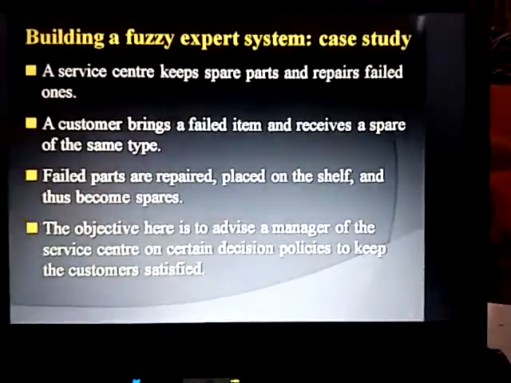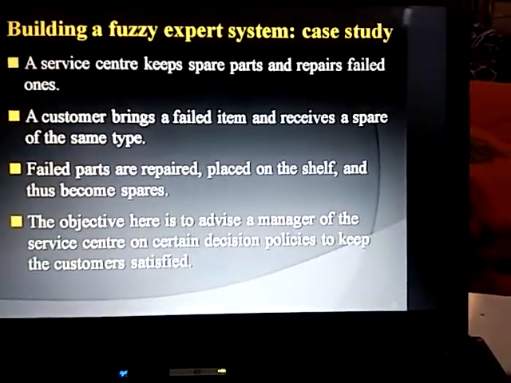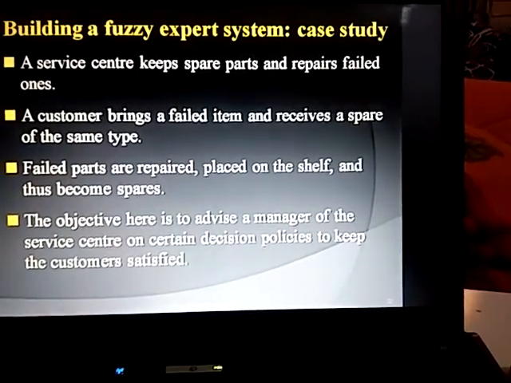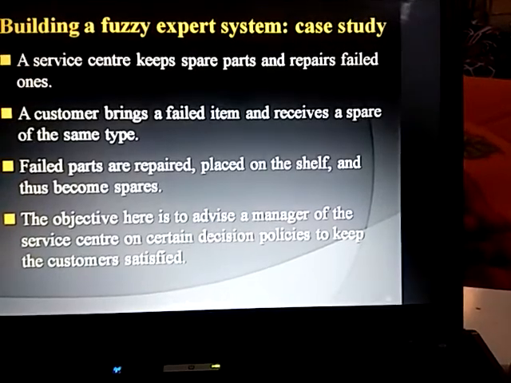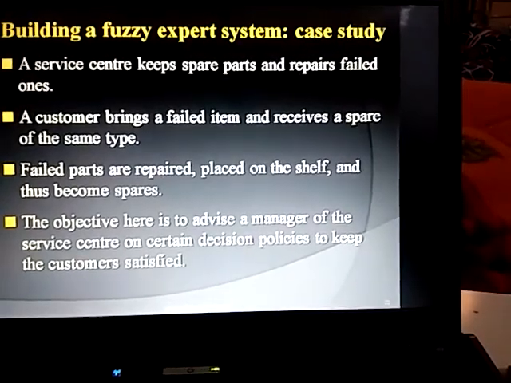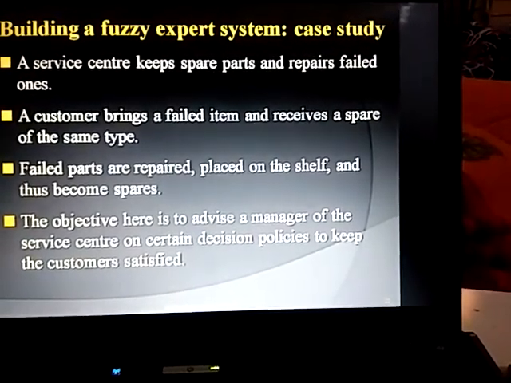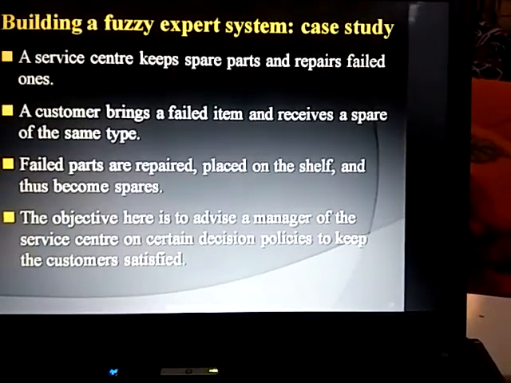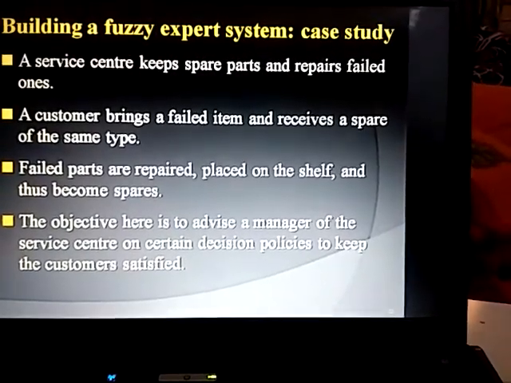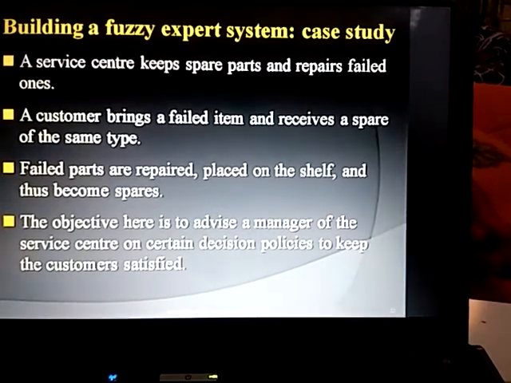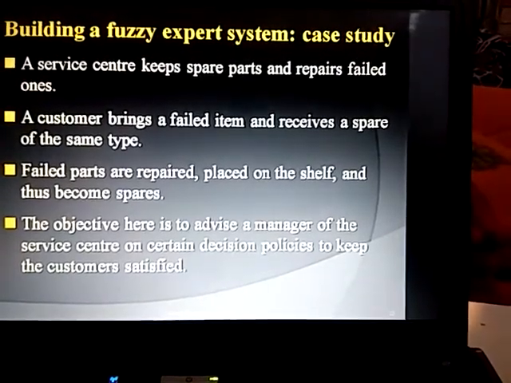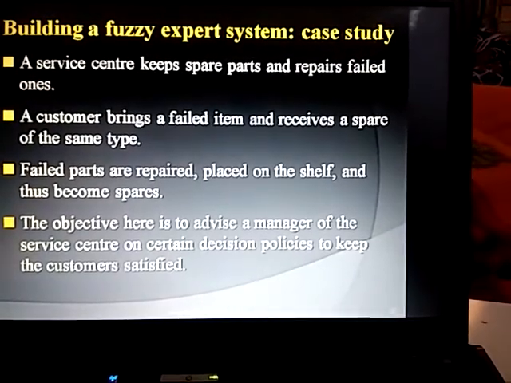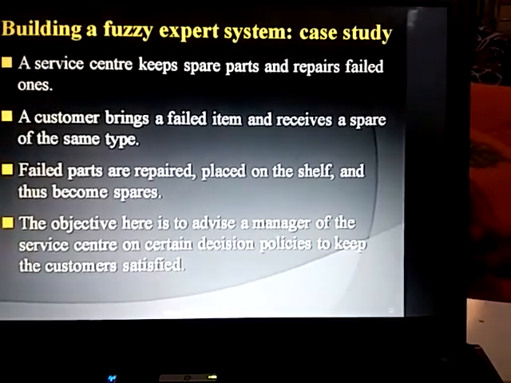And here is the building of a fuzzy expert system. That is a case study. A service center keeps spare parts and repairs failed ones. A customer brings a failed item and receives a spare of the same type. Failed parts are repaired, placed on the shelf, and thus become spares. The objective here is to advise a manager of the service center on a certain decision policy to keep the